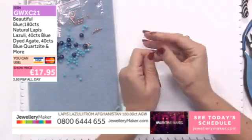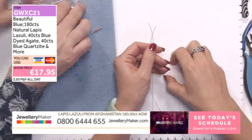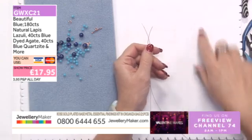Is this like having 2 needles then? It's like having 2 needles. Oh, it's basically going to be very similar. So if you want to do this on a smaller scale and then do several rows, I'm just going to move these out of the way because they're shining a little bit. You can have several rows of this and weave it backwards and forwards and make it into